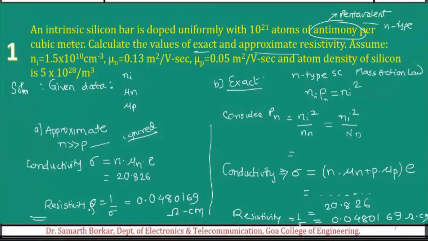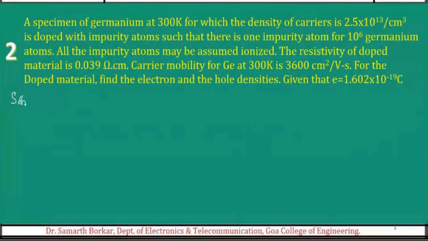Now, after solving this problem, what we have realized is that there is practically no difference between the resistivity obtained from the approximate method and the exact method. Look at the final answer. It is the same. Fine. The first step in the solution is always to write the given data. For constraint of time, I'm skipping that step, but in the exams, you don't skip it.